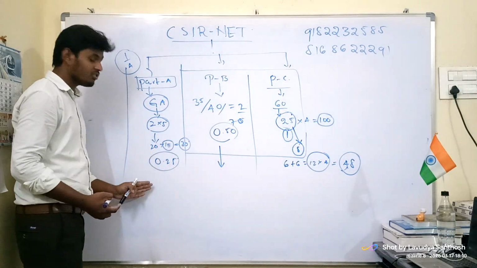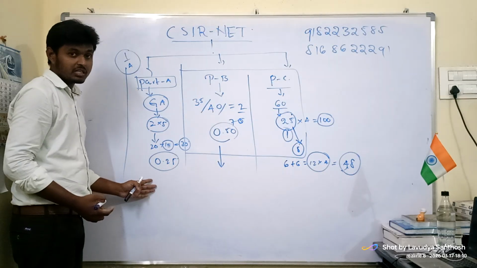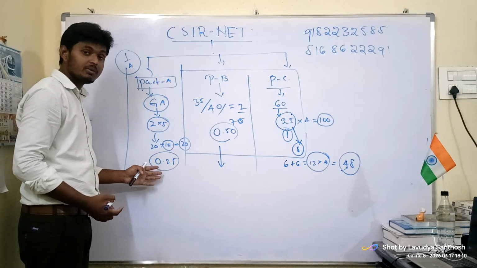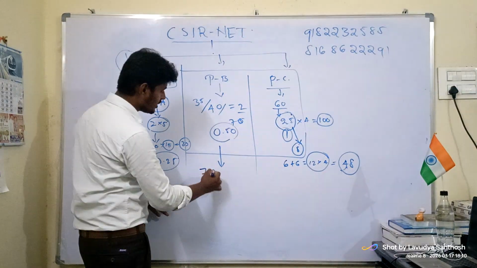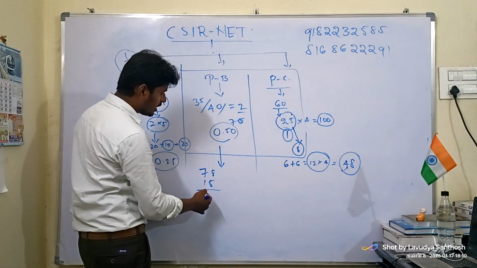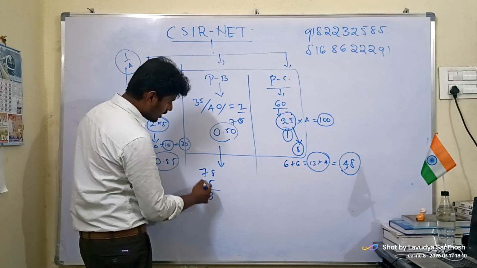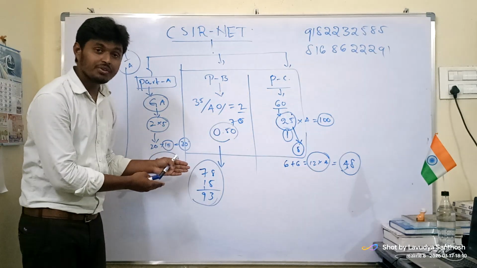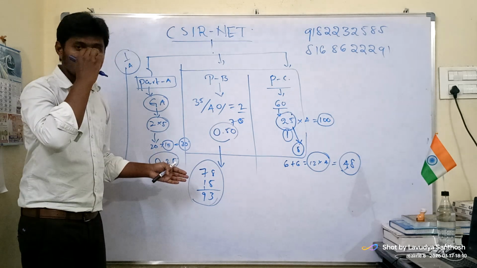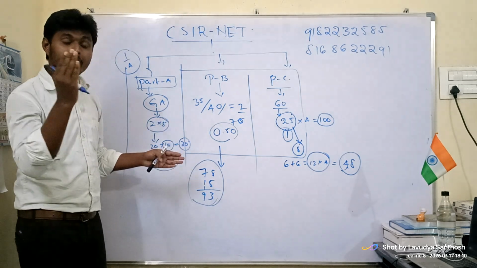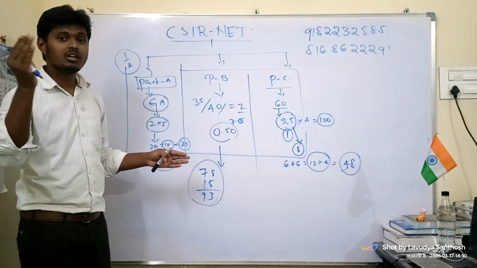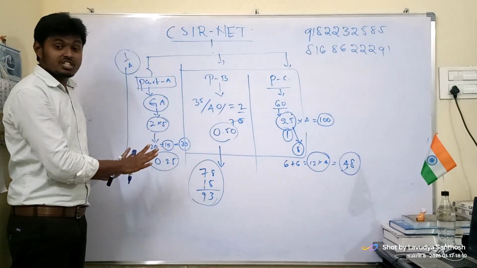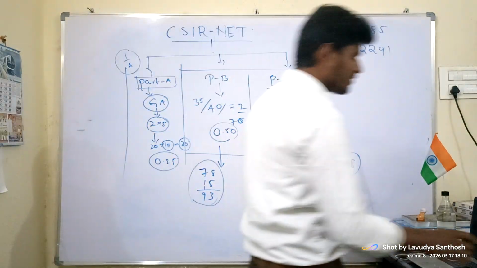78 marks, plus here at least you will be getting 15 marks. 7 you can easily attempt here. 78 plus 15, you can just calculate, is 93 marks. 93 marks are very simple in your hand. You will be getting 93 marks if you prepare only 2 subjects, that is organic and inorganic. This is the structure and the pattern of the question paper.